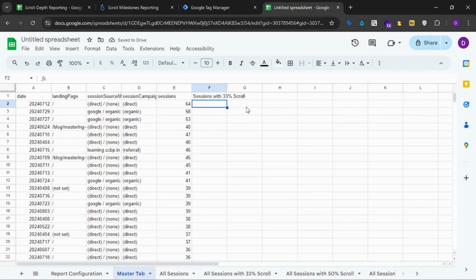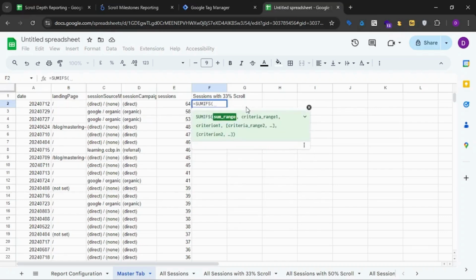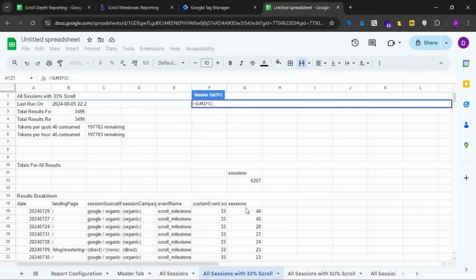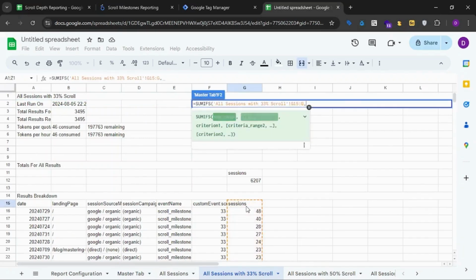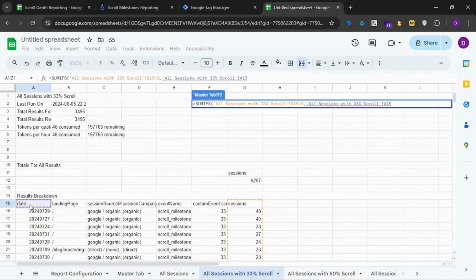So how can you do that? You can use the SUMIFS formula. So here we need to specify the sum range. The sum range would be this, the G column. Here the criteria range would be starting from here,